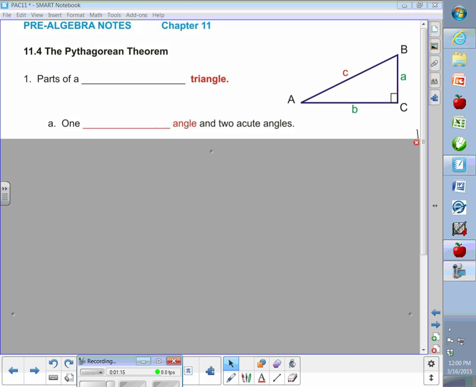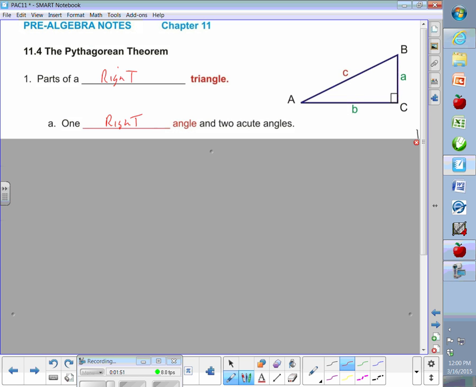All right, well, to understand the Pythagorean Theorem, we first have to understand the aspects of a right triangle. Parts of a right triangle. And what you must be careful about is to understand that the Pythagorean Theorem is only for right triangles. It's got to be a right triangle for the Pythagorean Theorem to work, to be usable. It's really a formula. All right, so what is a right triangle? A right triangle is a triangle that has one right angle